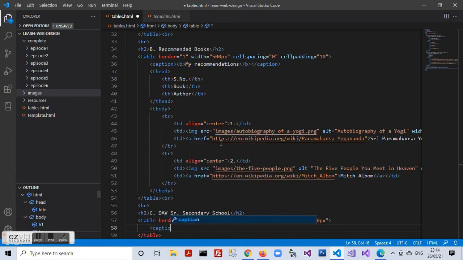I'll start with the caption which says midterm result. I'll enclose the content of the caption within a bold tag.